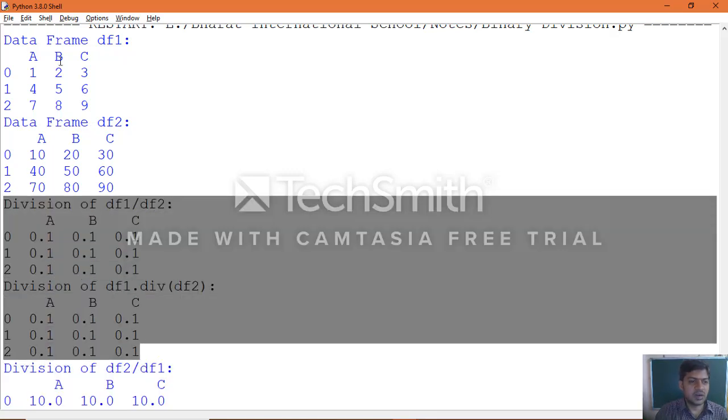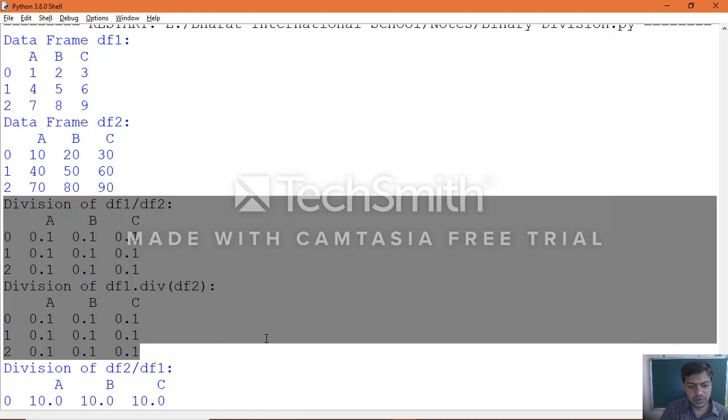And as usual, for the data frame objects which we created and printed, between those two, index matching will be calculated. If index doesn't match between the objects, those will be stored as NaN values.